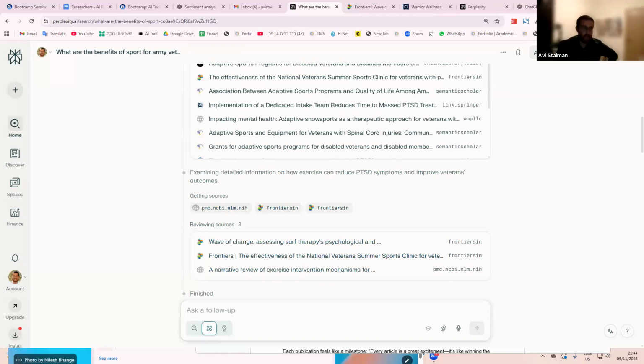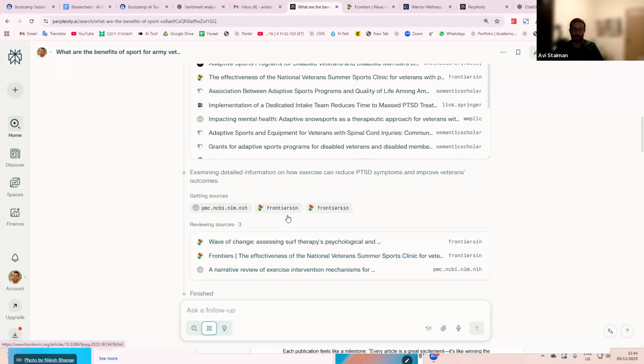Now, I will say, again, I don't want to overstate it. This is not in place of a literature review, of course not, right? And even if it gives me a lot of good sources, it doesn't mean that it has found all the sources that are going to be relevant. There's also a bias here towards open research, right? Open access research is much more likely to be included because it's easier for it to access the full text content.